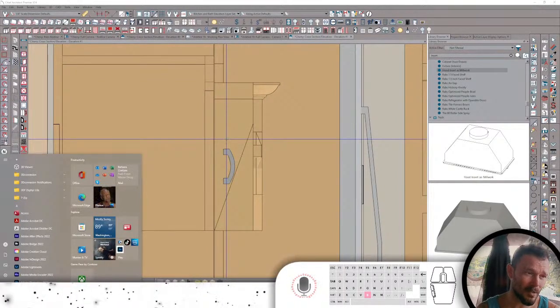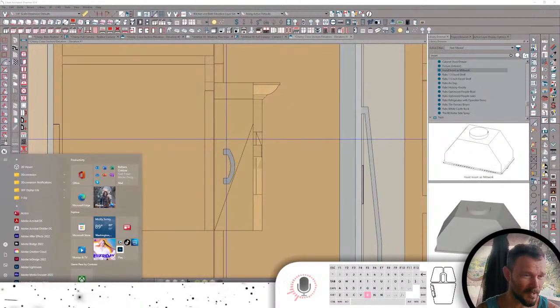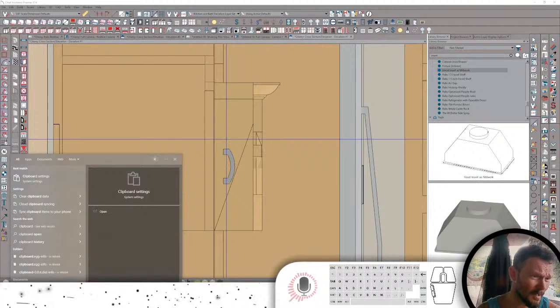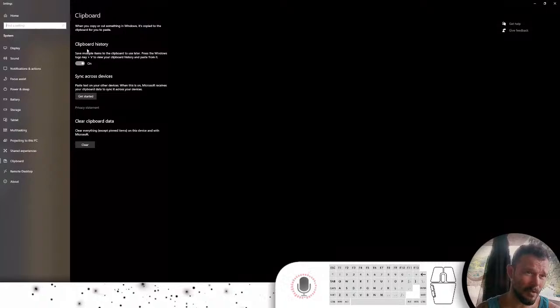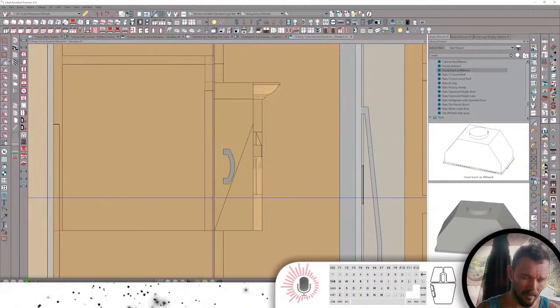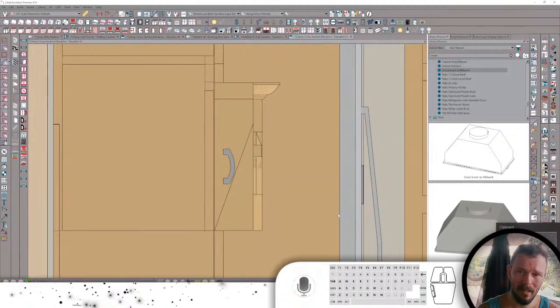Mac actually has a suite of tools available as an application that's even more powerful than this, but this is built into Windows. So I'm going to type in clipboard, and this is going to get me clipboard settings in my PC. And I'm going to make sure that I'm turning on clipboard history. Once you have clipboard history turned on, if I hit my Windows key and V, it's going to bring up